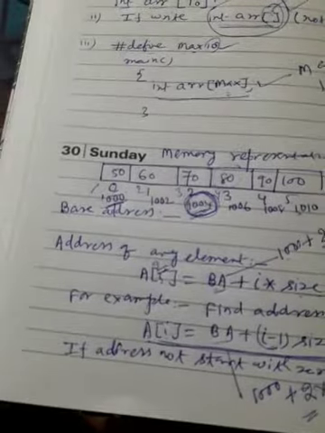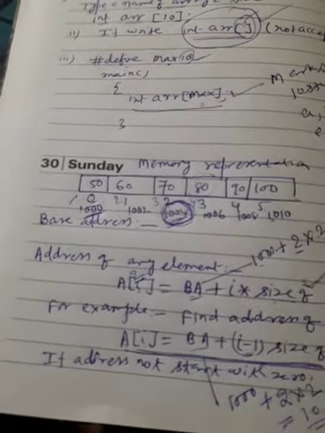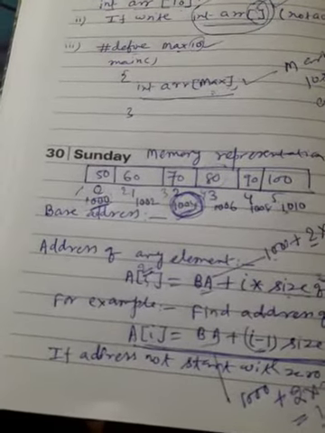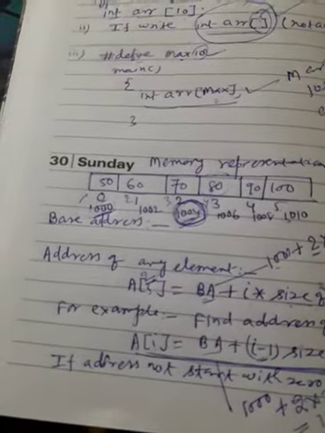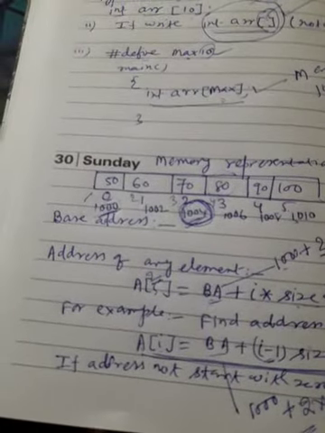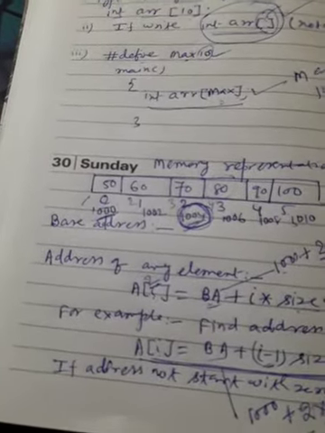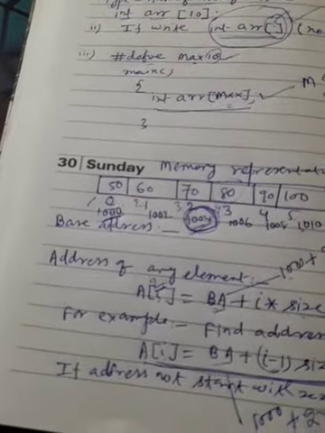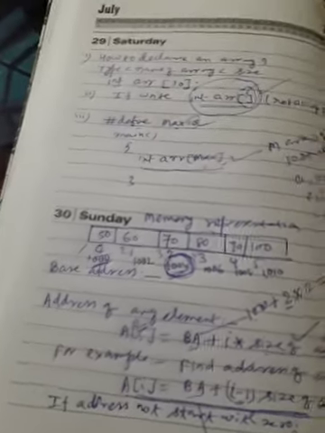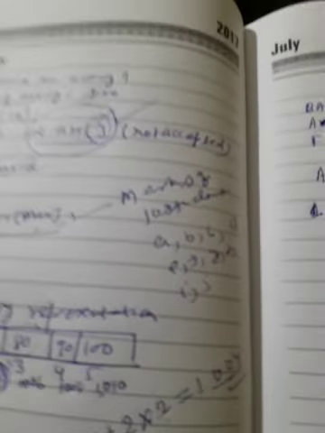So the array definition is: it is a data structure that stores similar type of objects in contiguous memory location or consecutive block of memory. Now the second question, what is the requirement of the array? Now here you can say that if I ask a question,